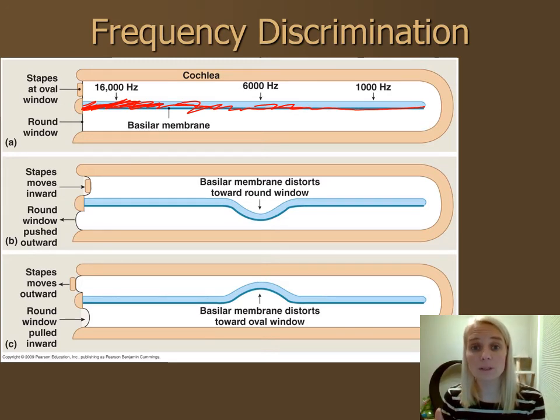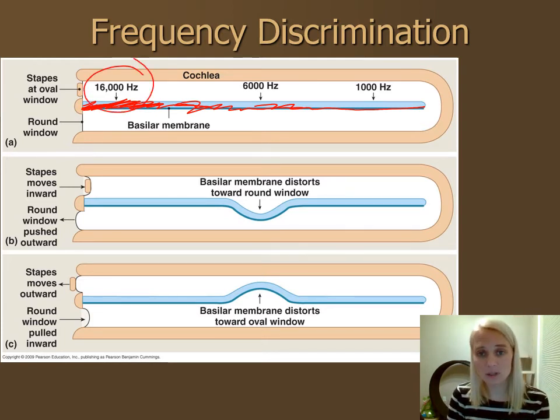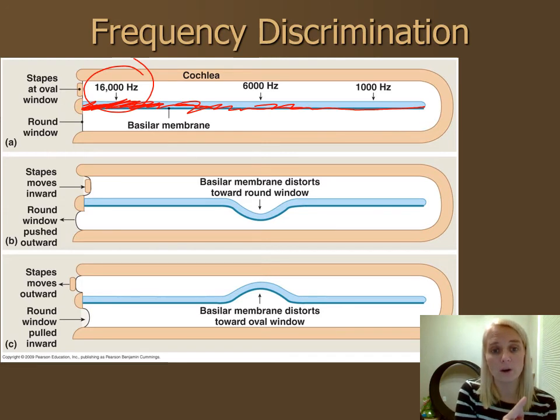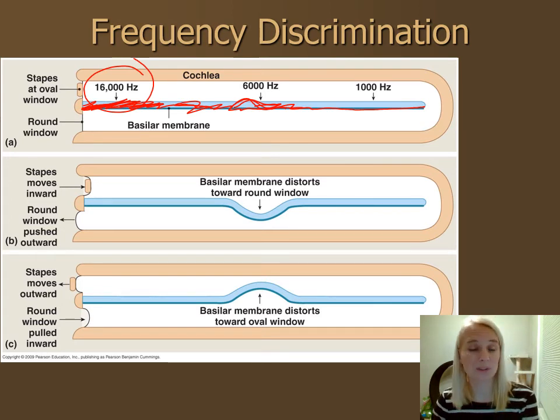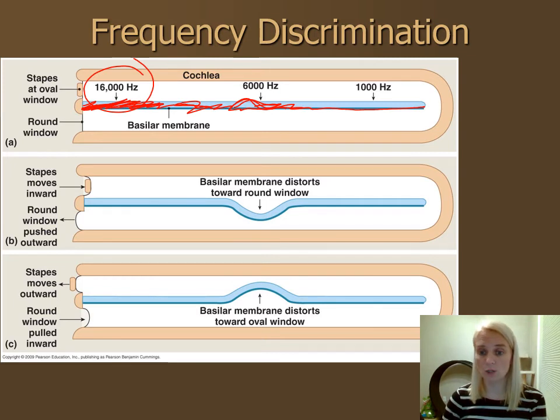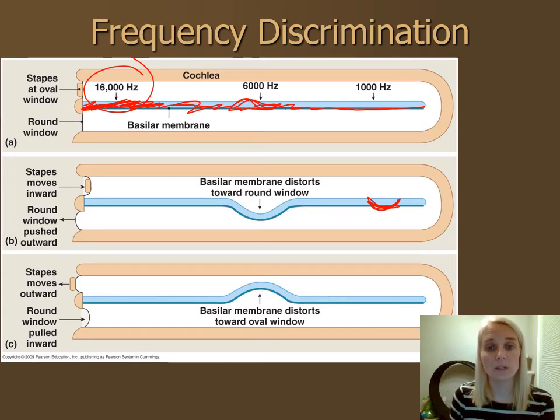So high frequency sounds with a high energy, this is 16,000 hertz, that's going to distort the membrane close to the oval window. Medium sounds, when we're over here, that will distort the membrane at that particular frequency because the membrane is more flexible there. The lower hertz with the less energy, so the 1000 hertz, this would be like a very low tone, then we would cause distortion of the basilar membrane way at the very end of the cochlea, which will be determined to be a